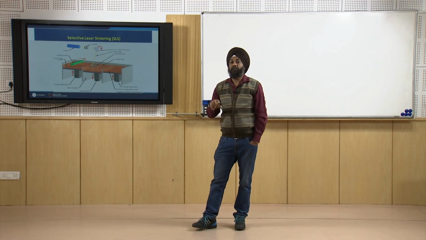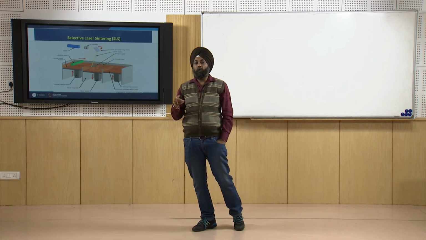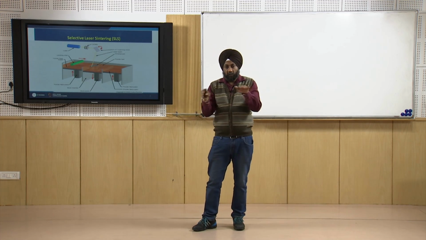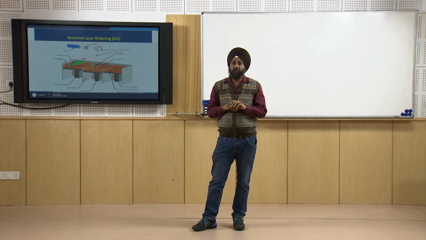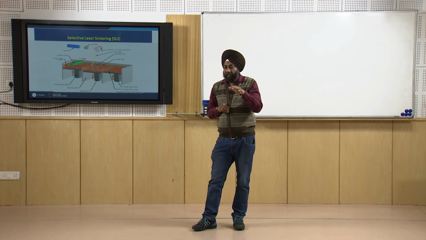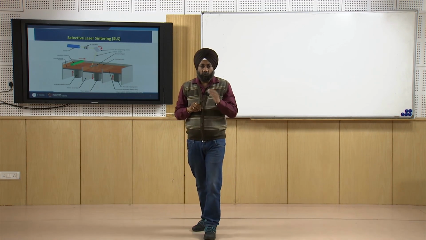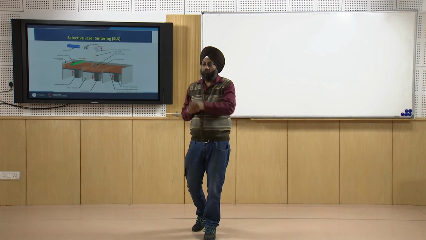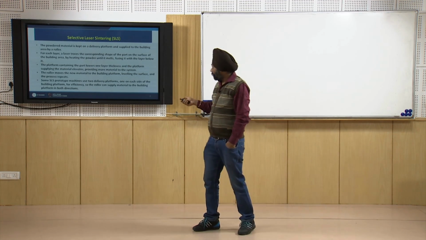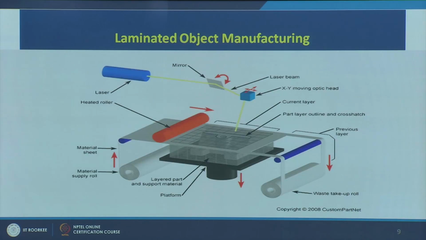Now let us see the third technique, laminated object manufacturing, in which sheets of raw material will come and be cut as per the requirement, and layer by layer we will make our prototype. So that is the laminated object manufacturing technique. This is a diagram for laminated object manufacturing. Here also we are using a laser. Again there is a mirror, here you can see,